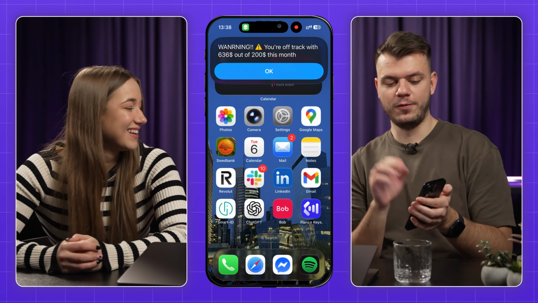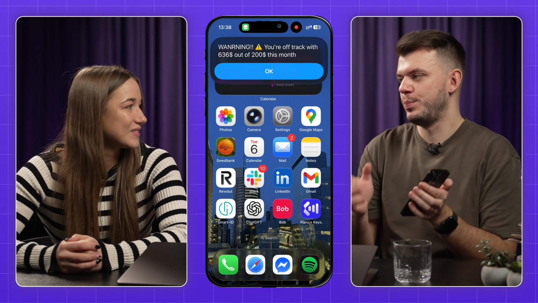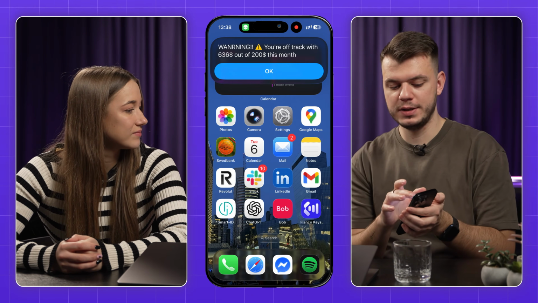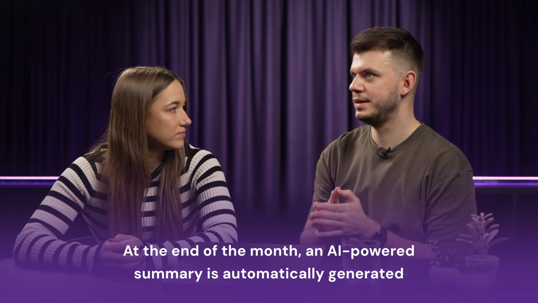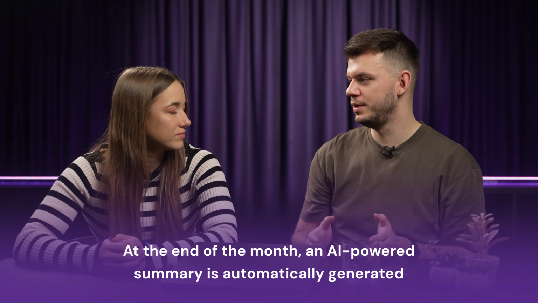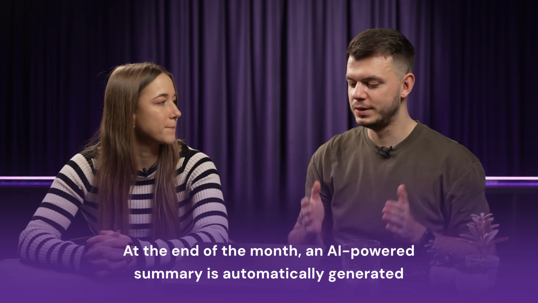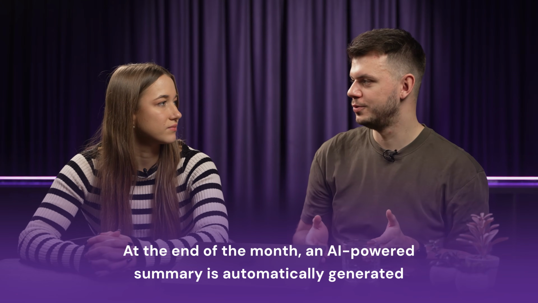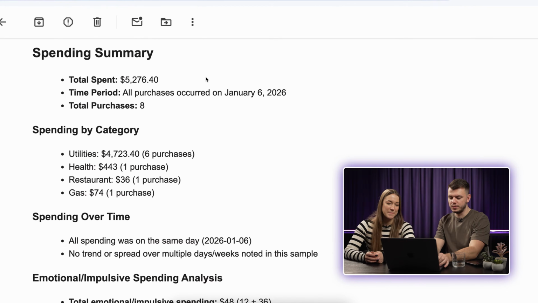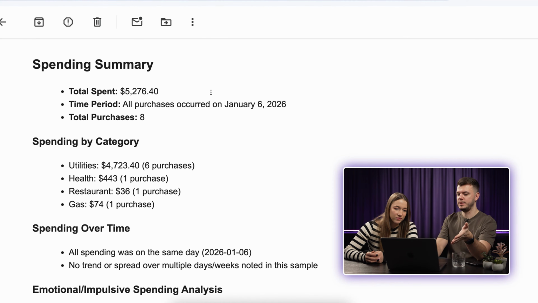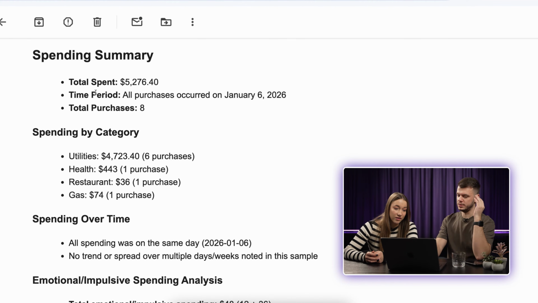Yeah, so the warning itself is the first part of this automation. The best part comes when the month ends, because you get an automated AI summary on all your spending with tips and tricks on what you should do next, for the next month. To basically improve my spending habits, I guess? So I can even show you the email itself. So basically, if you go to the email, you get this email once per month, showing you the total spent,